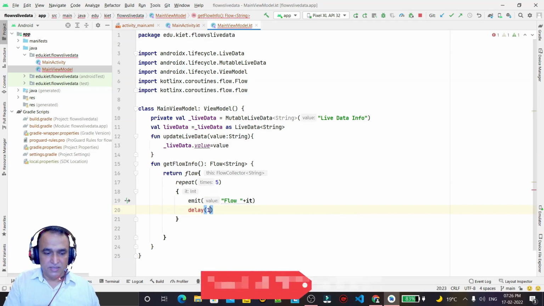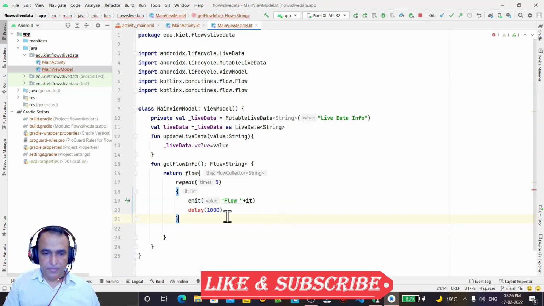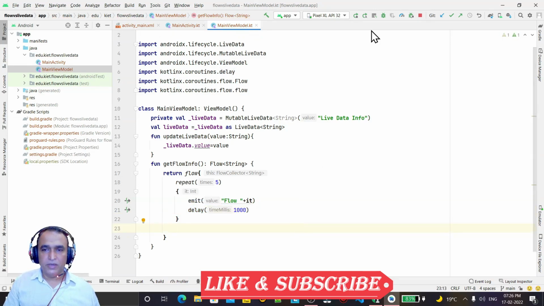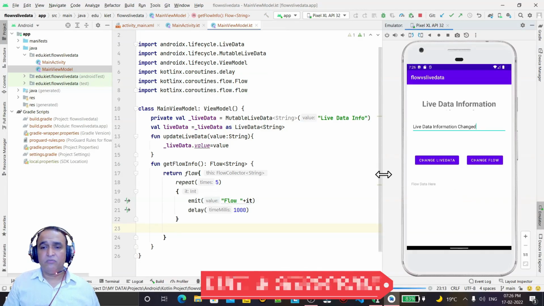So I add a delay of 1 second, remember this. So a 1 second delay would be there, and I import it, and once again I try to run this program, and now you see the feature of flow also.